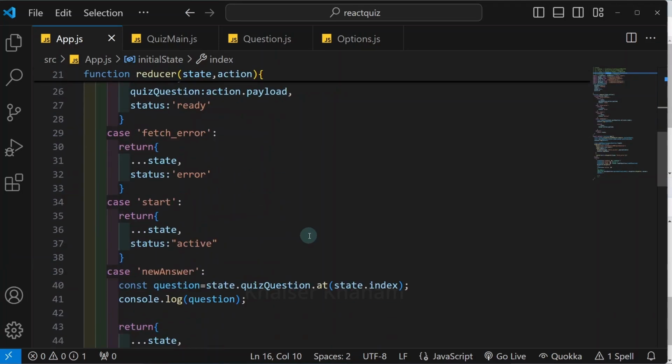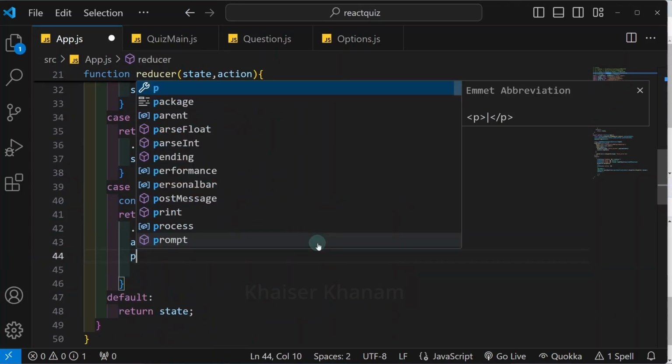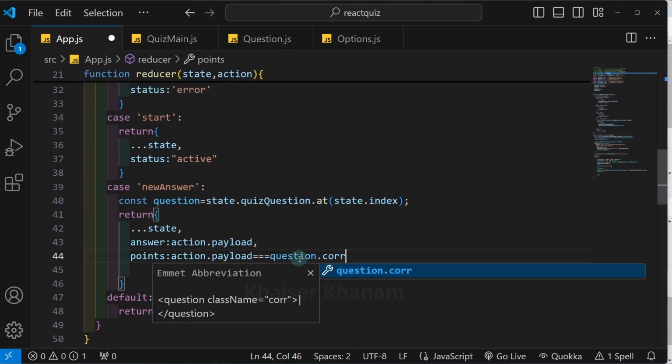I'll come here. I will remove this entire thing. So here I will be writing points, and when I want to update the points, only when my answer is correct, I want to update the point. So again, we are just going to get the index number using this action.payload. If it is equal to, from this object, I just want to access my correct answer property. Here I will write correct answer,